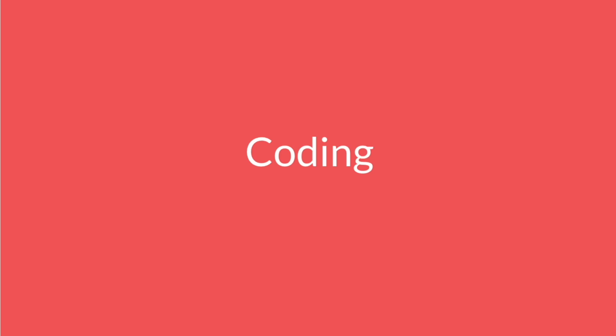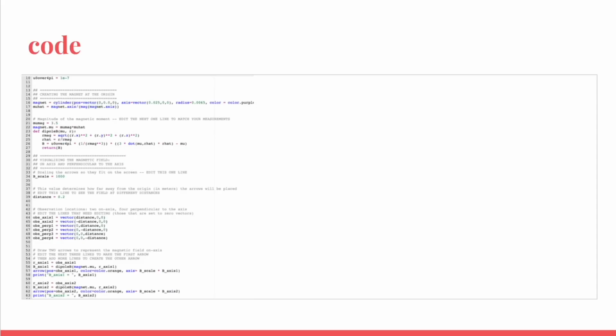Moving on to the coding portion, as you can see, my code is split up into 2 slides. To describe a basic rundown, I first created a dipole B, which is